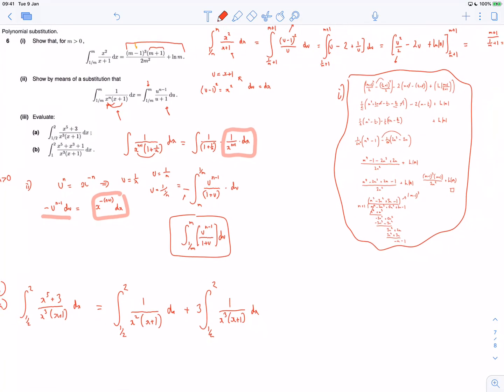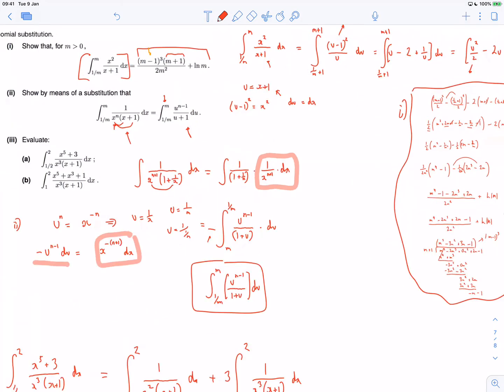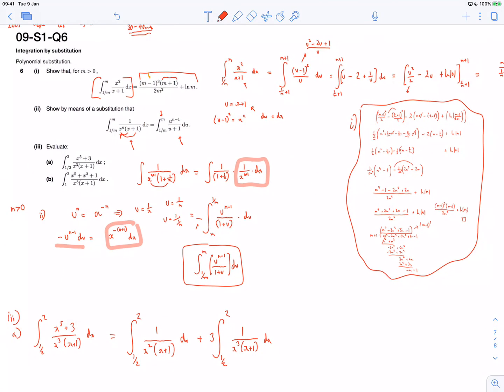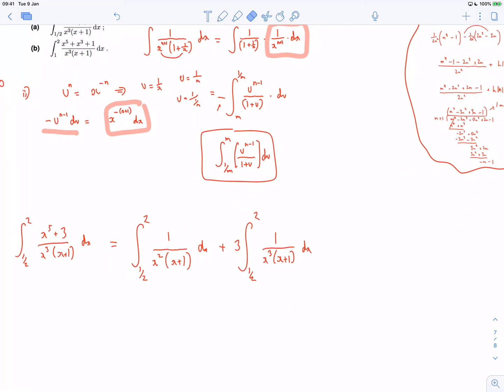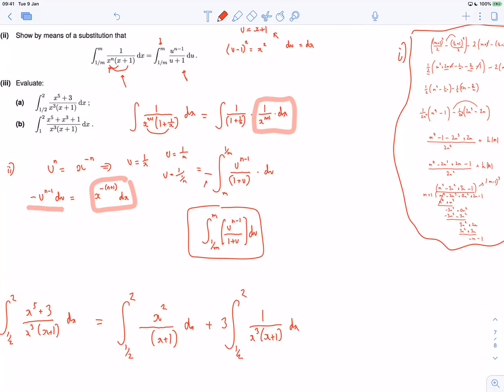So now a couple of things are going to happen. I've now got the first integral up here. Can you see that? I've got an x squared over x plus 1. Oh no, sorry, I did the wrong thing. There was x. This should be an x squared, shouldn't it? Because x to the 5 over x cubed. Yeah, it's clearly going to be, okay, fine. Right. And next up,